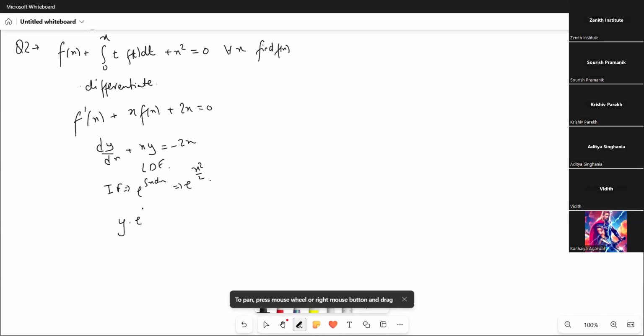We will have y into e to the power x square by 2 is equal to integral of minus of 2x e to the power x square by 2 dx।